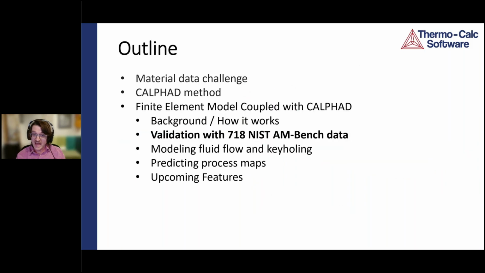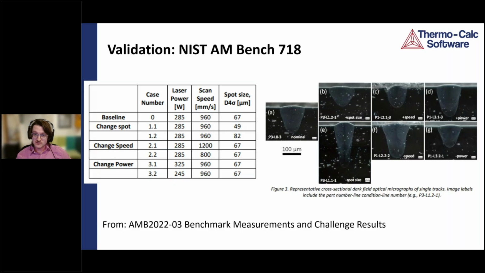Okay, and that actually is the case for this NIST AM-Bench case study that we're about to go through. So that concludes some of the lecture-type material that I wanted to cover today. Now we'll shift gears and look at the real data and see how the simulation stacks up. If you're not familiar with the NIST AM-Bench